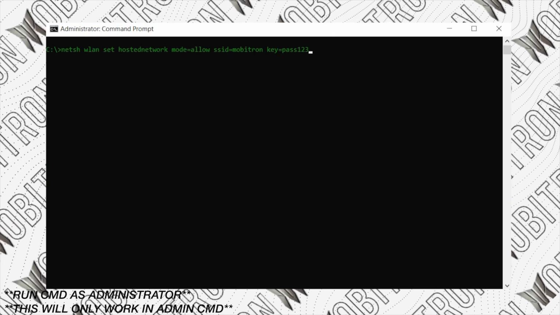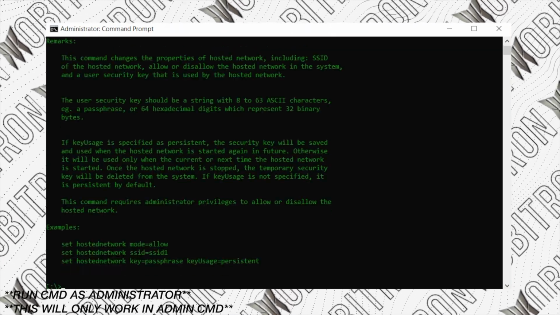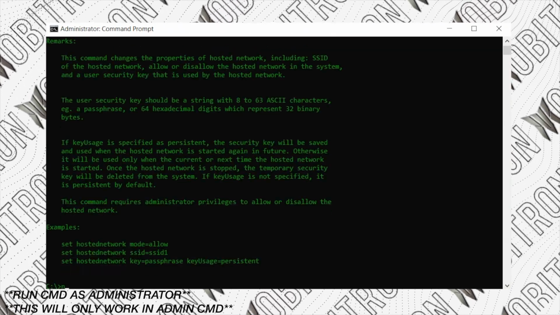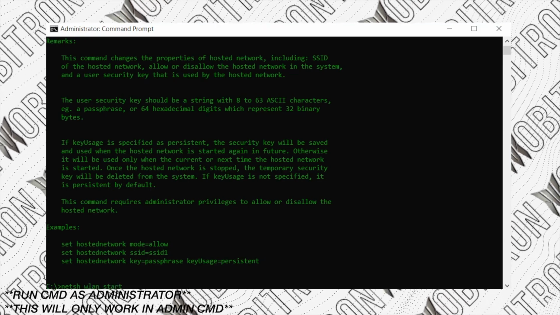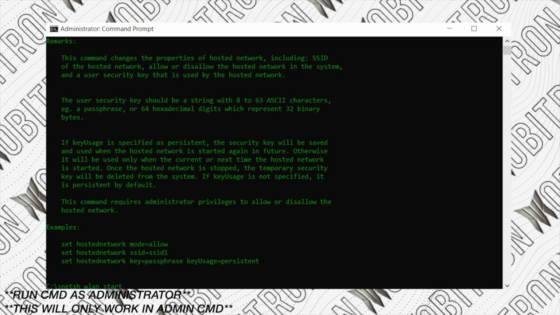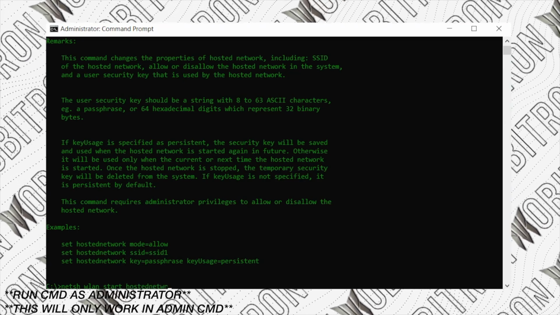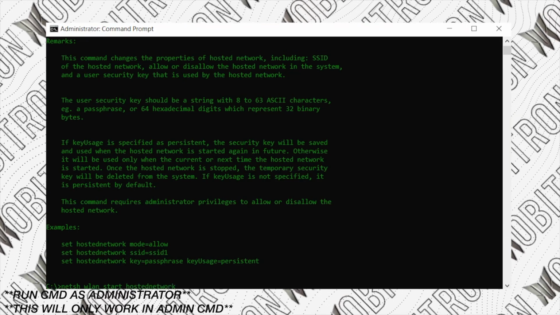Now just hit enter, and to broadcast it, just type netsh wlan start hostednetwork and press enter. Now the hotspot is enabled and you can connect to it from any other devices.